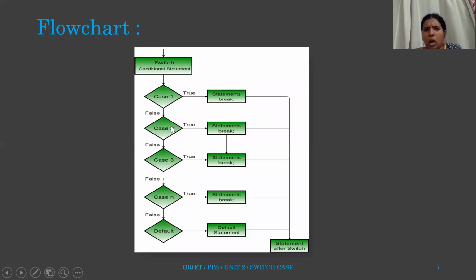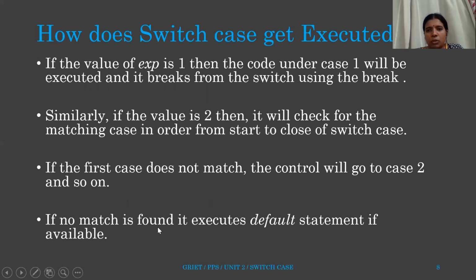This is the flow chart. So how does the flow of control work? You have a value, and that value is matched with case one. If it is the same, then you go and execute statement block one. You will break and come to the next statement immediately after switch. Otherwise, if case one is false, only then it matches case two, only then it matches case three, only then it matches case n, and so on. So this is the general structure followed by switch.